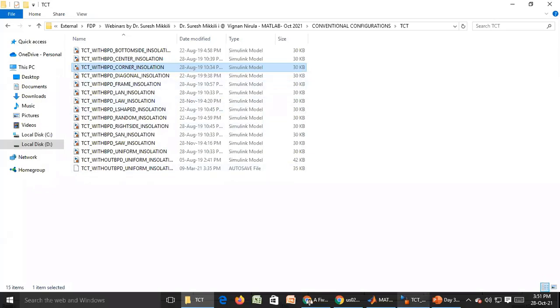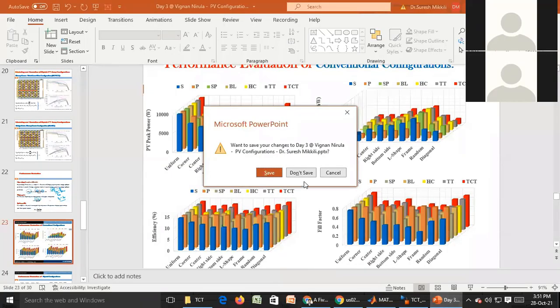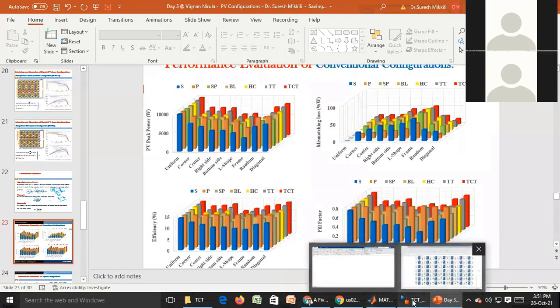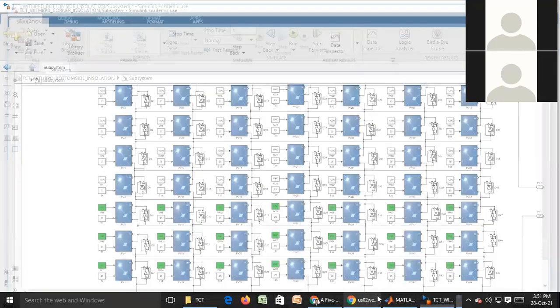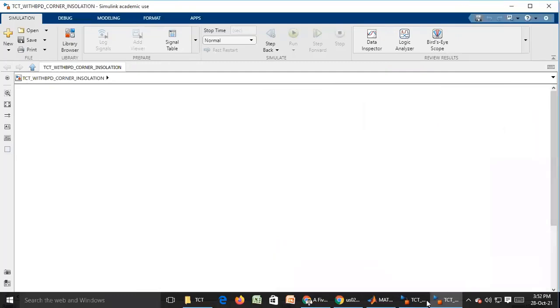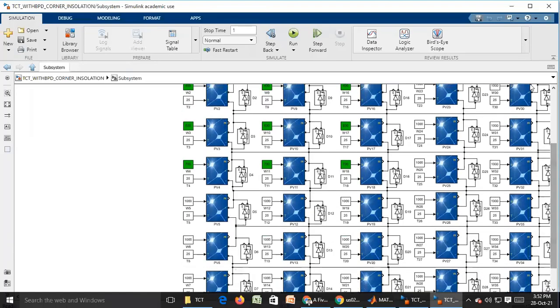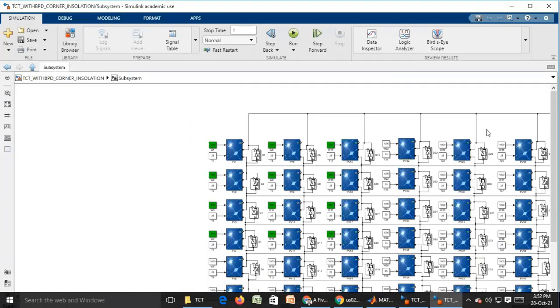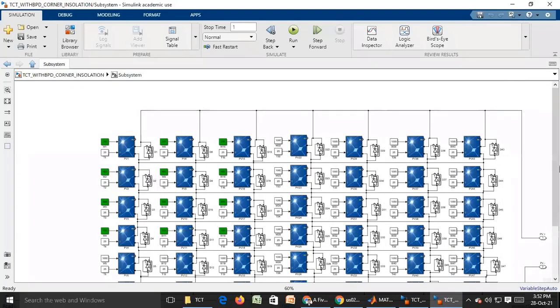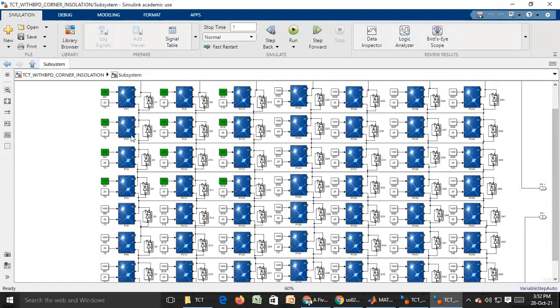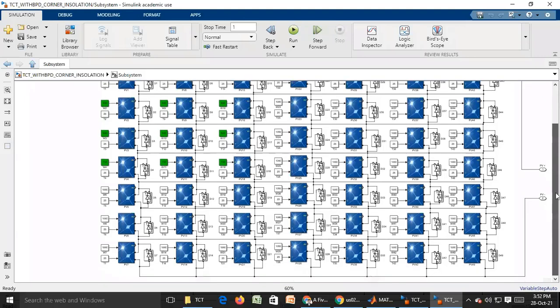One minute. Okay, now in the corner shading condition, you observe here, only one corner is shaded, either this corner, or maybe the top left corner or top right corner, and bottom left corner or bottom right corner.